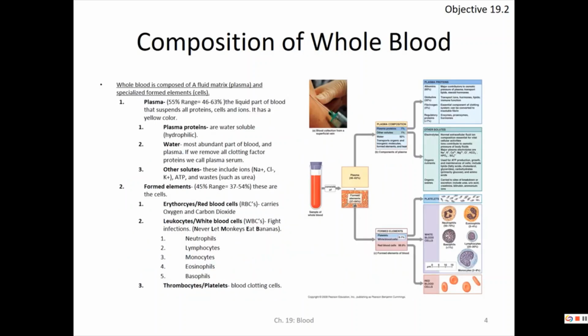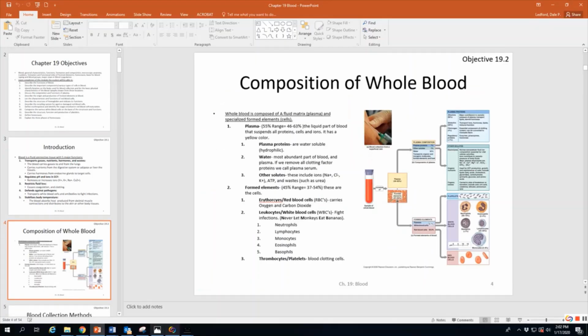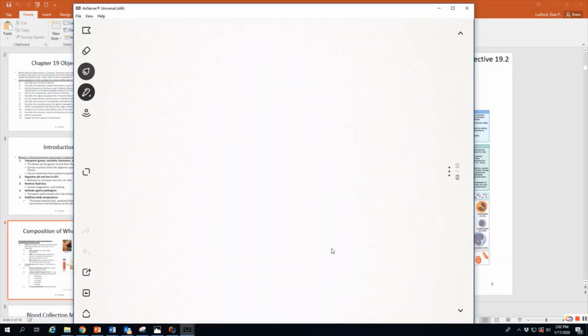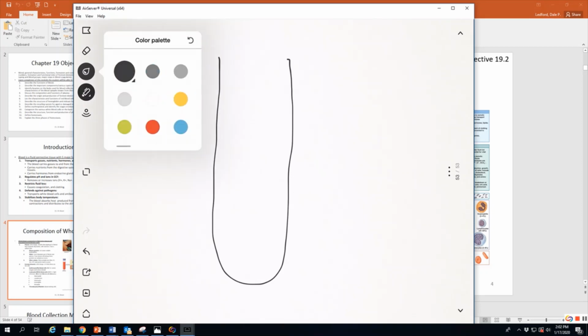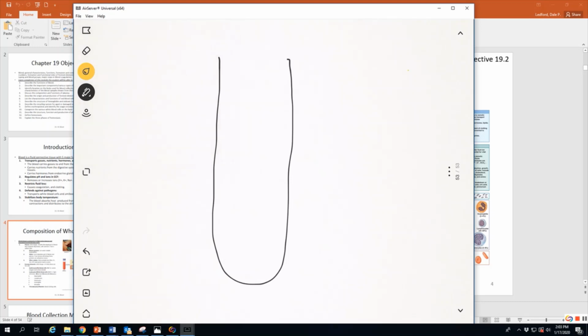Now, if we take blood from the body, what you would do is stick a needle in a patient's vein, one of their veins we're going to learn about in the lab. We'll talk a little bit about them. And you're going to take that whole blood, spin that down in a centrifuge, and you are going to get a sample of blood that is mostly going to be liquid